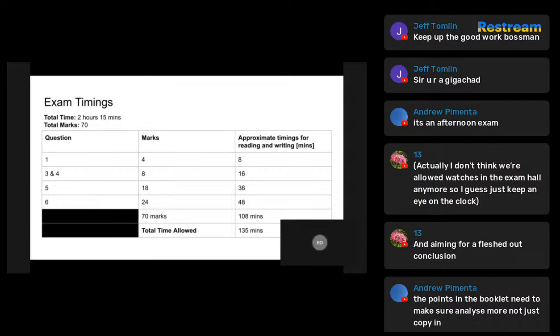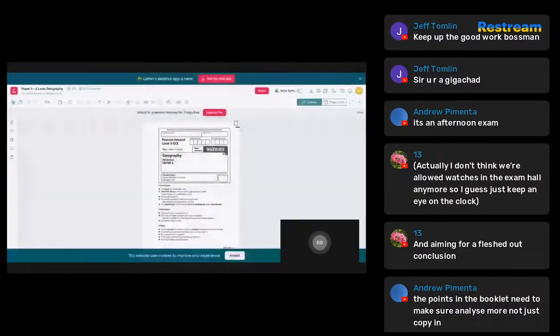Now, I know someone earlier was wondering what the exam actually looks like. What I'll do now is just very quickly share a screen with you and take you through what the paper looks like, so that you're not going in completely blind. So let's have a look here, and we're going to come back to that slide because I've got a couple more things that I want to talk about. So this is